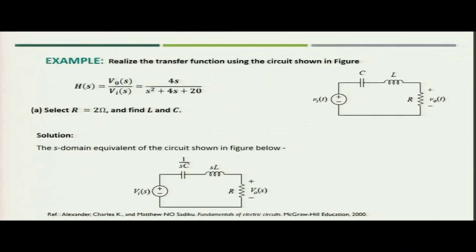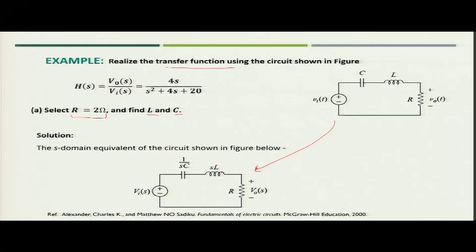Now, let us take another example. In this case the transfer function is given and we need to find the values of L and C, again when the value of R is given, that is 2 ohm. The first task required is to convert the given circuit into the S domain. Here you see that R, L and C, all three, are in series. So, the equivalent S domain